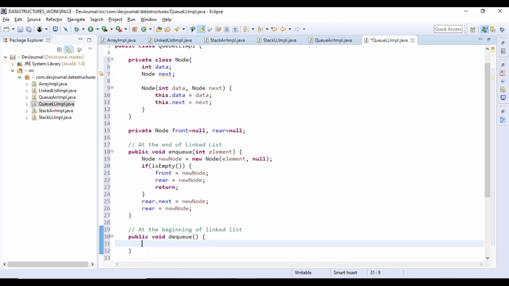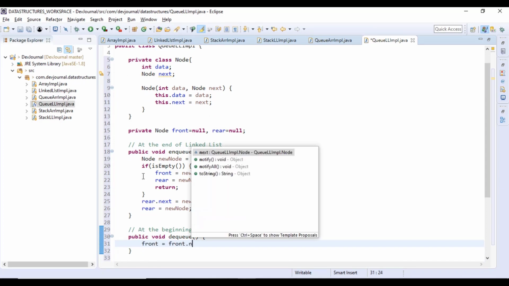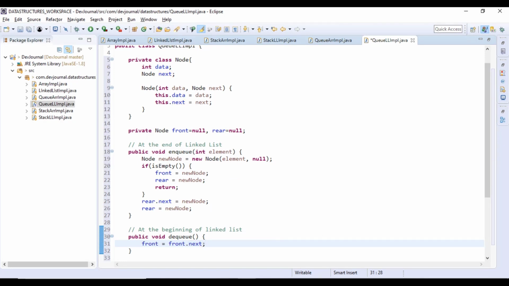So for deleting from the front, we just have to say front equals to front.next, and that's all we have to do for deletion. But we also have to do a check, as in when we are deleting,